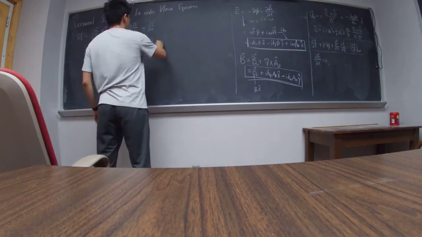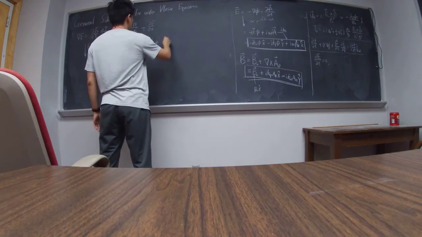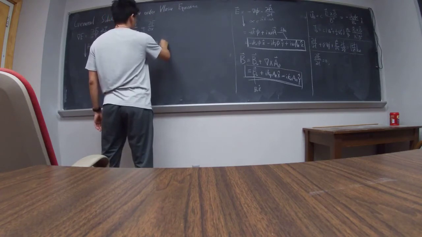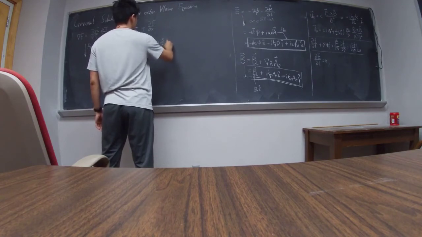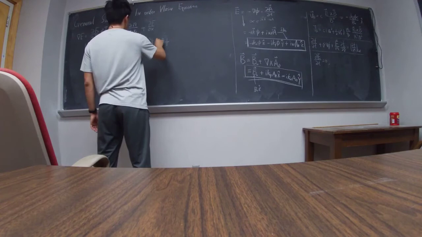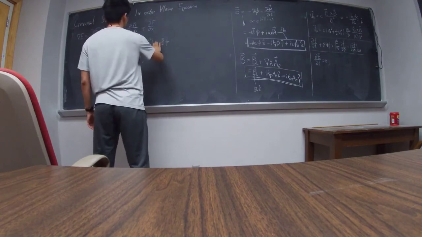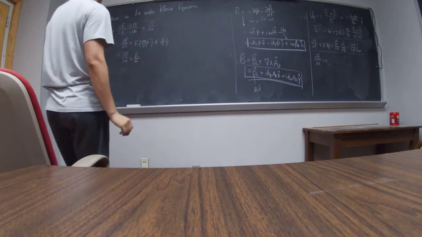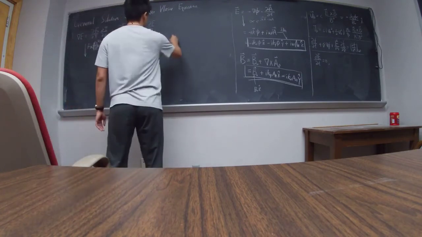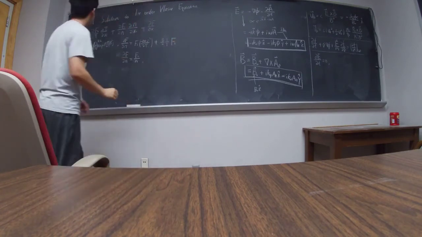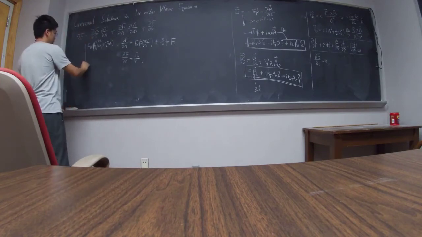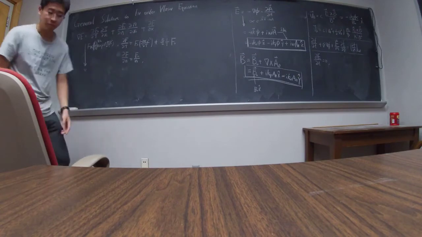We'll also have 3/2 over t, minus this, plus. Yes, that's not. We put it all together. So we have